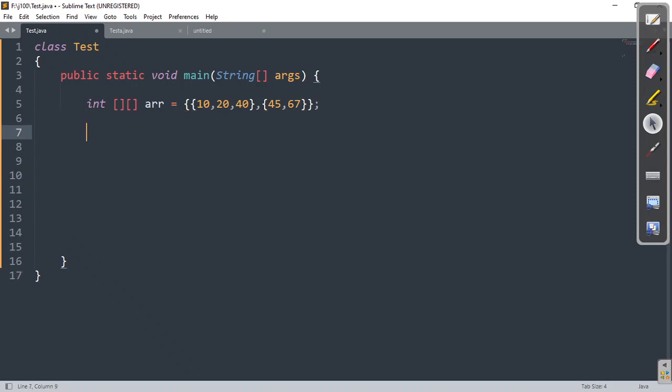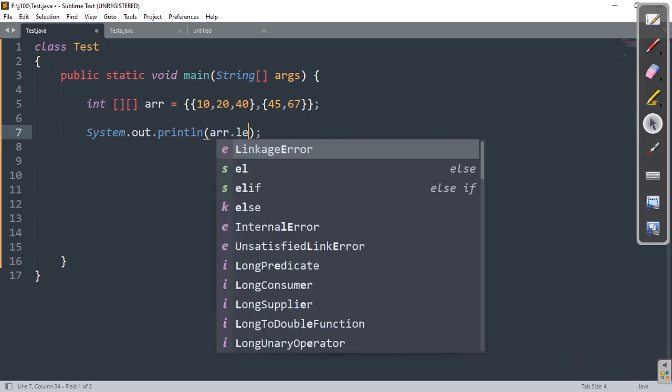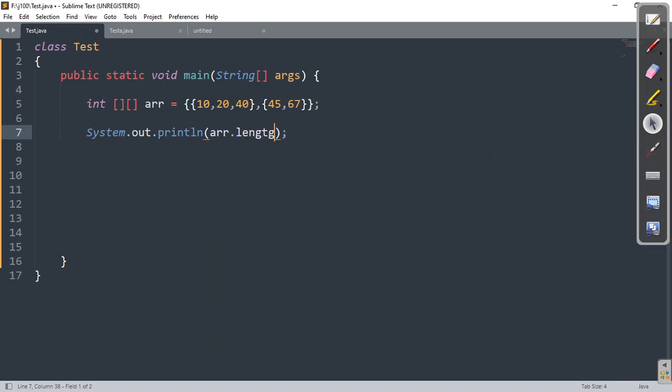Now, if I try to print ARR dot length, can you please confirm what is the value? What will be the value of this particular one? Yes, the base value. What is the base value? Can you please arrange these particular numbers in a diagram manner? How many columns are there?